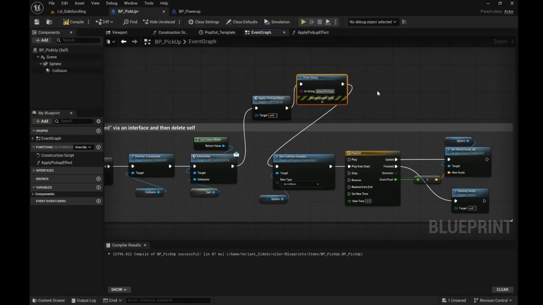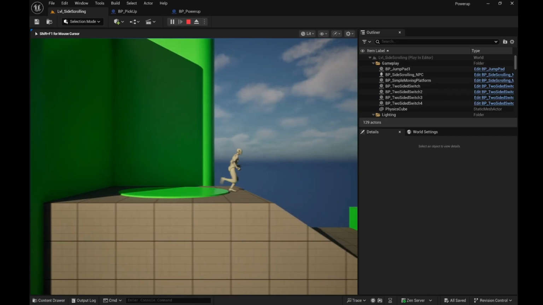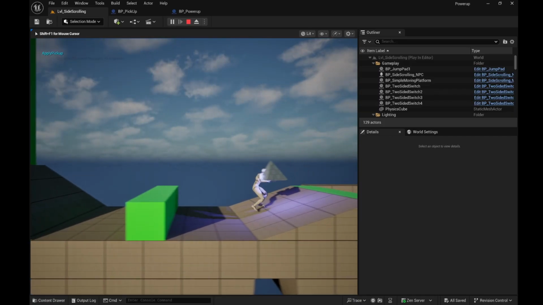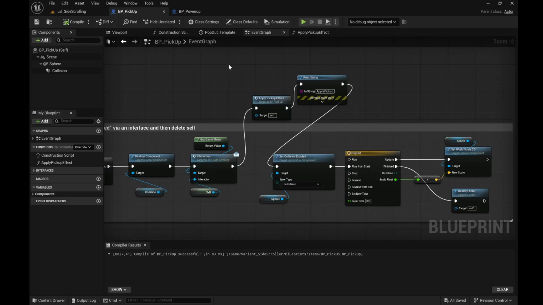Apply pickup. So let's see, when we collect the item, if it gives us that message. Yes. Okay, good. So that part of it is working. The function is being recognized in our chain. Okay, so now what we need to do is go and apply this function in our BP